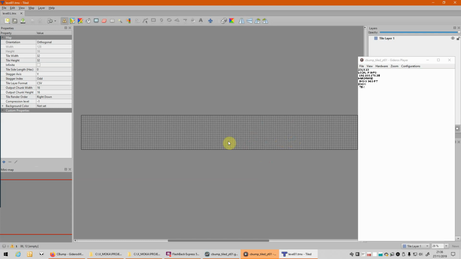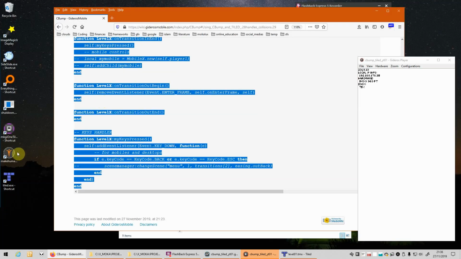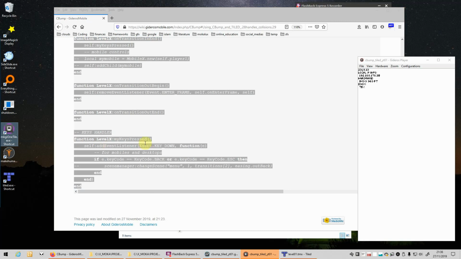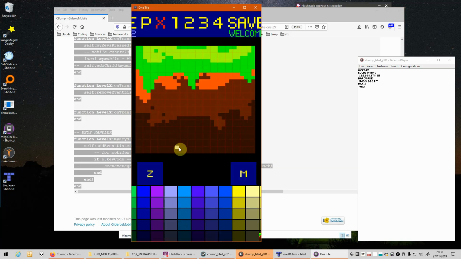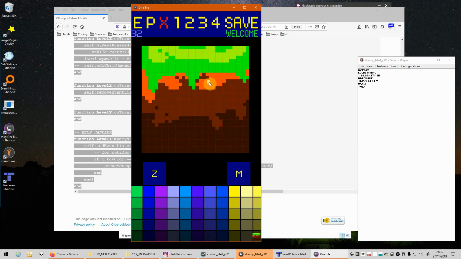Okay, so we've got our tile map. Now we need a tile set. I've got a program that I did in Gideros that I can use. So that was 32 by 32 tiles. So I'm choosing this one. Okay, I've got already a tile set